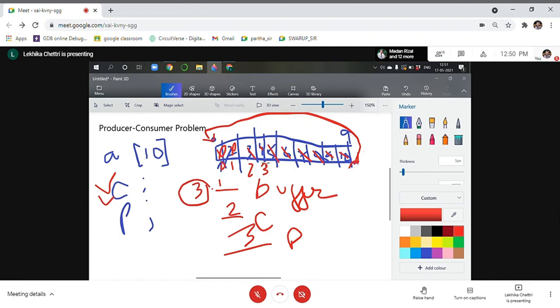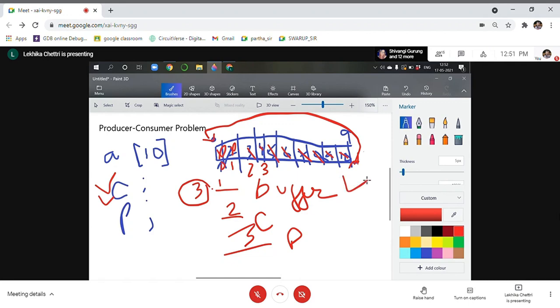So just imagine that at some point of time all of these are empty. That means the producer has not produced anything. However, the consumer still wants to consume something, but there is nothing in the buffer. That means it will suffer from an underflow situation. So we have to manage the input and output of the consumer and producer, because the result of one will impact the working of the other. So for that we use something called a buffer.